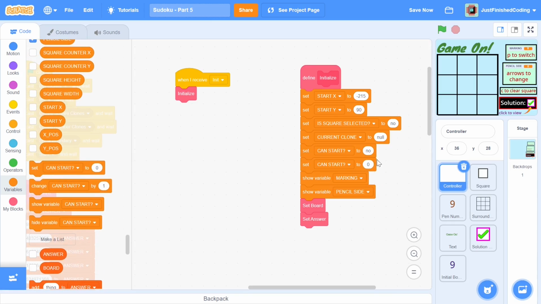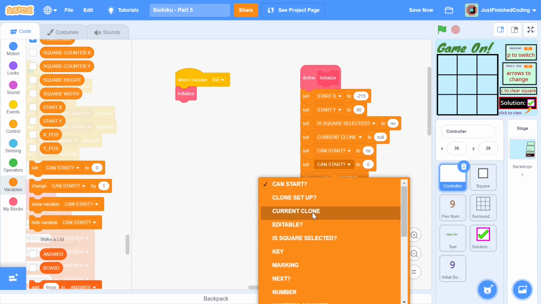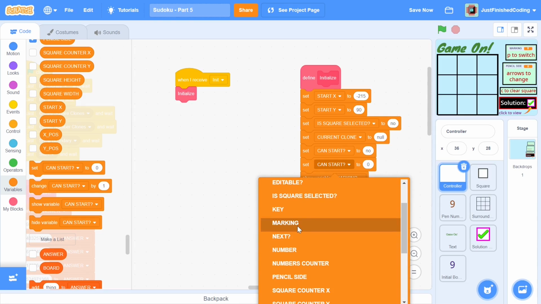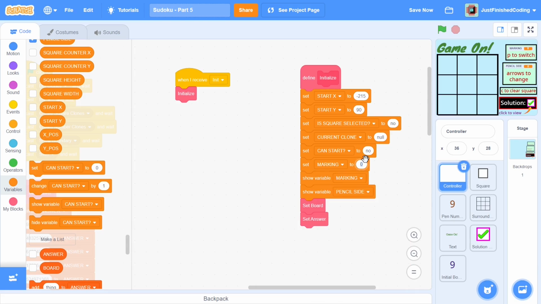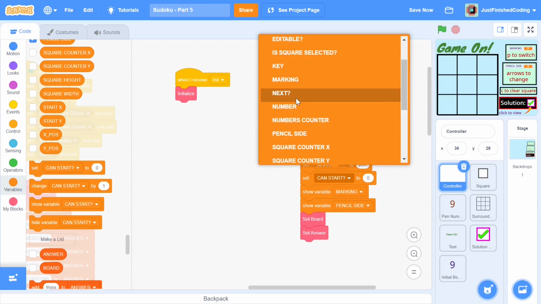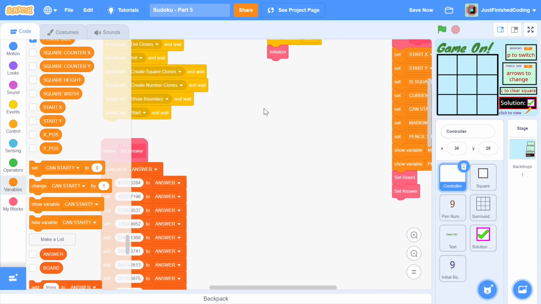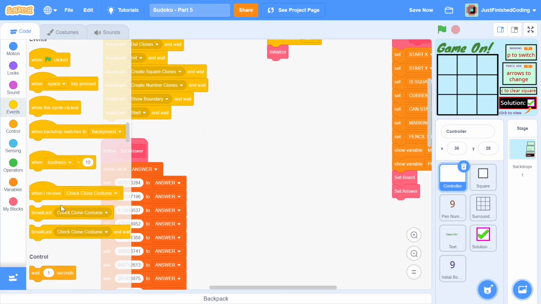So I'll be first setting set marking. Where's that? Set marking. Okay, I'm not even able to find it. There we go. So set marking to pen, and we will set pencil side to be left, and that's just the thing I took. You can also set it to be right if you want. Set pencil side to be left, and what you can do here is you can grab a when I receive start,